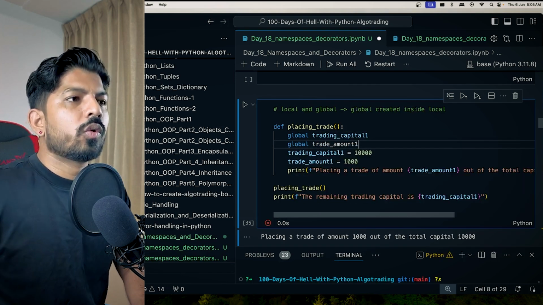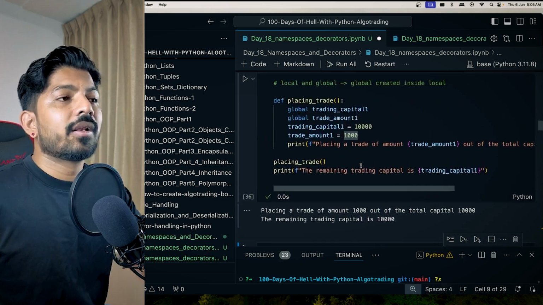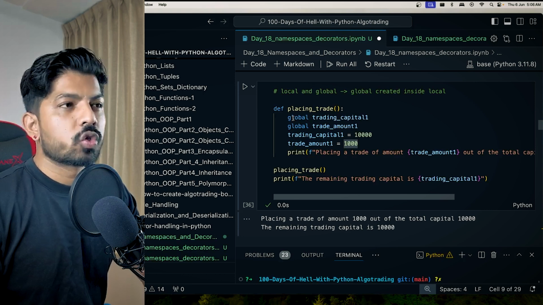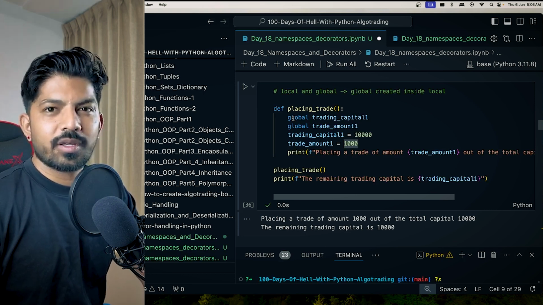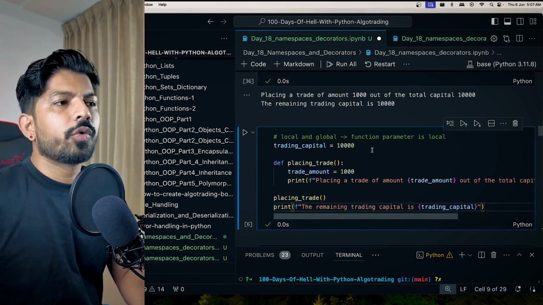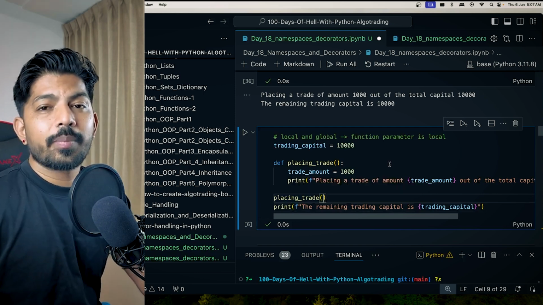So now when I hit Shift Enter, it works perfectly fine, but still this is not recommended, right? The global keyword should not be used frequently. You can only use this in case of emergency. In short, you should not be using the global keyword. Now what we want to do is pass a parameter here and check whether that parameter is